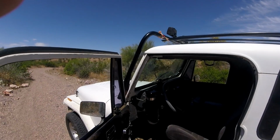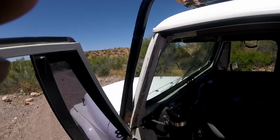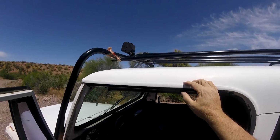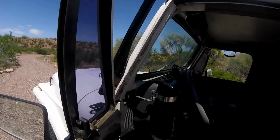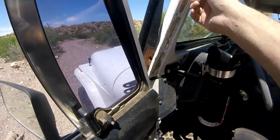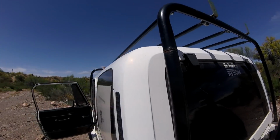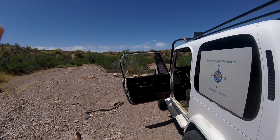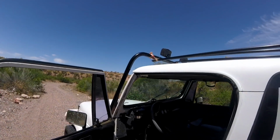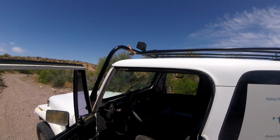Besides my exhaust, it looks like I've finally screwed up most of my top now too, my roll cage. I don't think I'm going to repair this one. Not only is this one broken, which I'm holding on, but two over, that one's broken. It snapped the grommets out of the body on the windshield frame, so I'll have to re-weld those. It's probably not worth it. I'll get a different light bar to go across the top, and we'll just skip this. The only thing I've ever put on there in 2 years has been a kayak, and I might come up with a different program for that. So anyway,